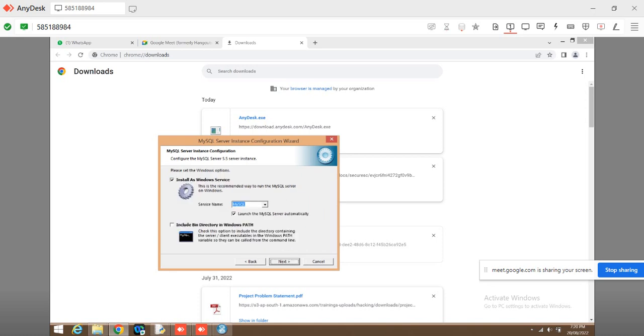Then include bin directory, then again click on next.